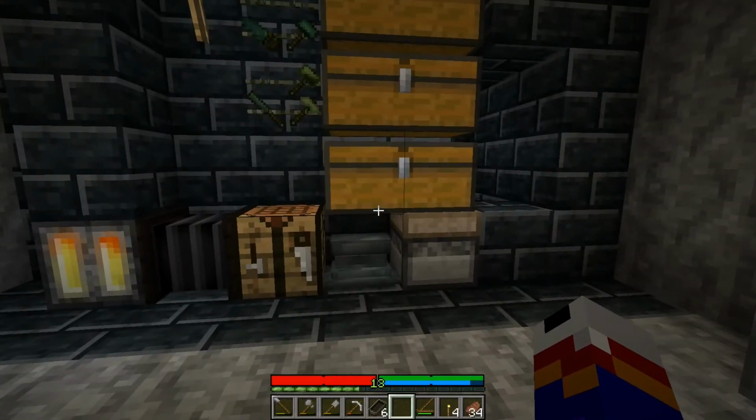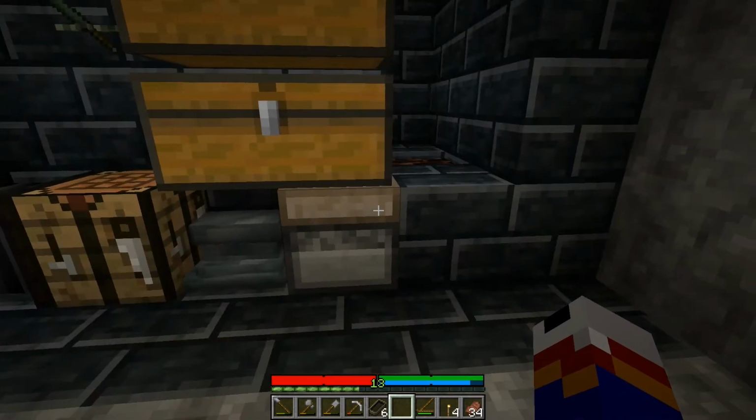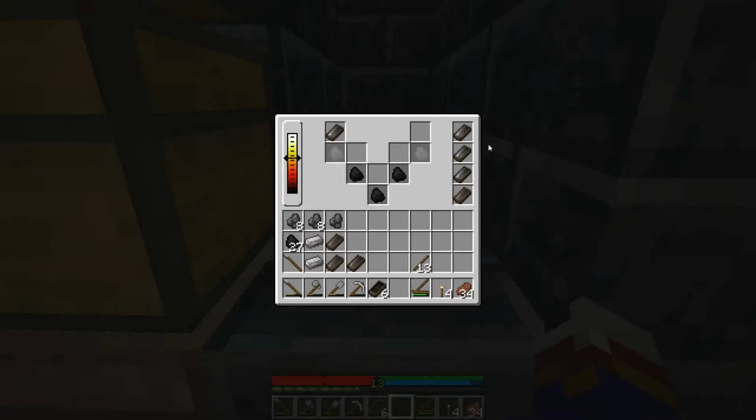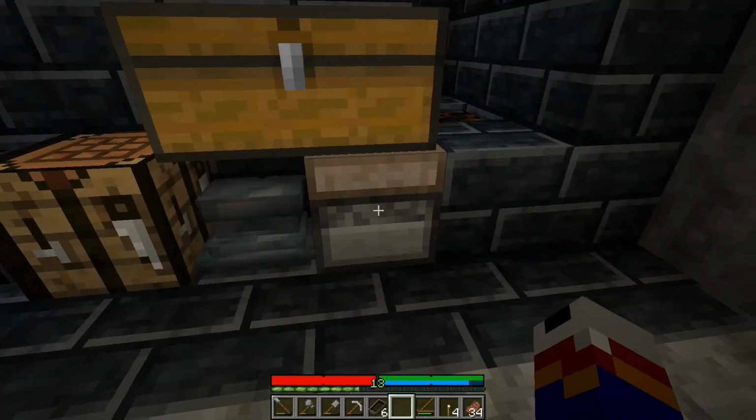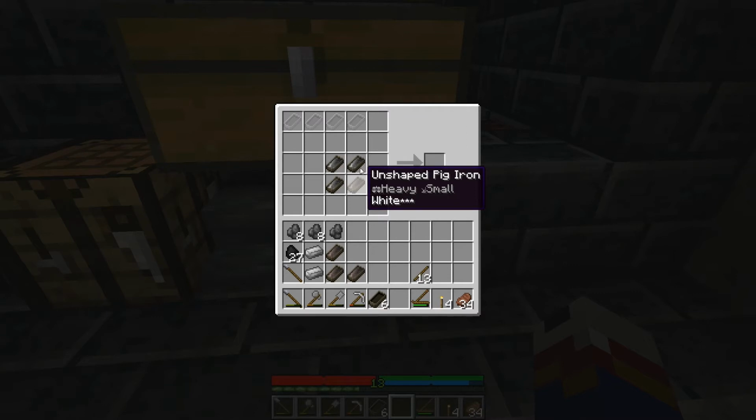So be right back. Okay, after a while of waiting, once again I am working on upgrading my wrought iron anvil to a steel anvil. So the next step is to have 3 molds of unshaped wrought iron in a liquid form and 1 mold of unshaped pig iron in liquid form. So I'm going to take these 4 molds and stick them into my metallurgy table and put the wrought iron in this shape and the pig iron here, which should give me,